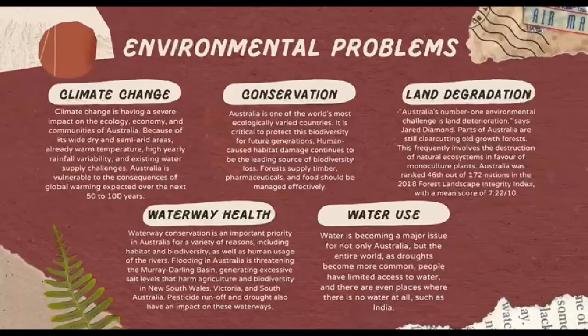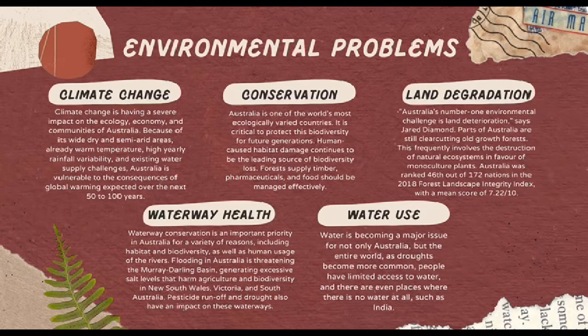Next, we move on to the environmental problems in Australia. The first environmental problem in Australia is climate change. In the last 2 decades, climate change has become a prominent political talking issue in Australia. During the first decade of the 21st century, persistent floods and the consequent water restrictions are examples of natural phenomena having a concrete impact on economic and political reality.